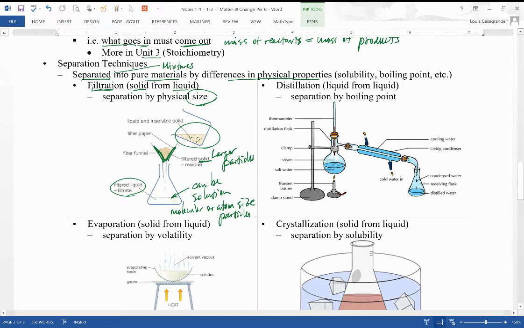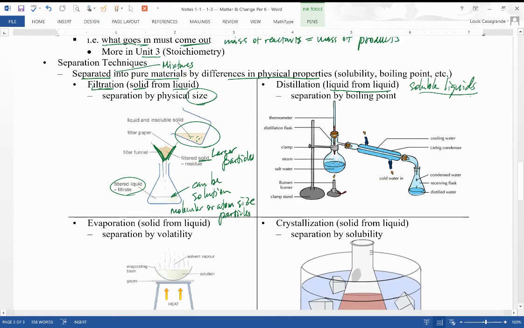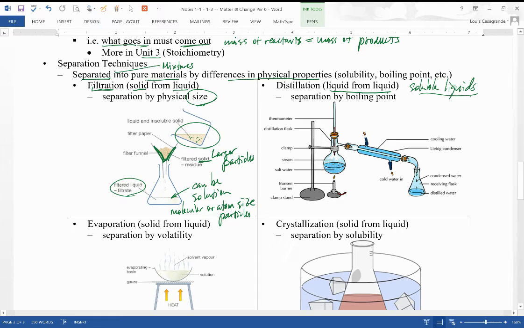Distillation is if we have two soluble liquids. So these are two liquids that are soluble in each other. In this class, we're not going to run into needing to separate liquids that are insoluble. There's a technique, but I'm not going to discuss it unless we need to get through it. In this case, because the two liquids have different boiling points, we're going to try to separate these according to their boiling point. And the way that's going to work